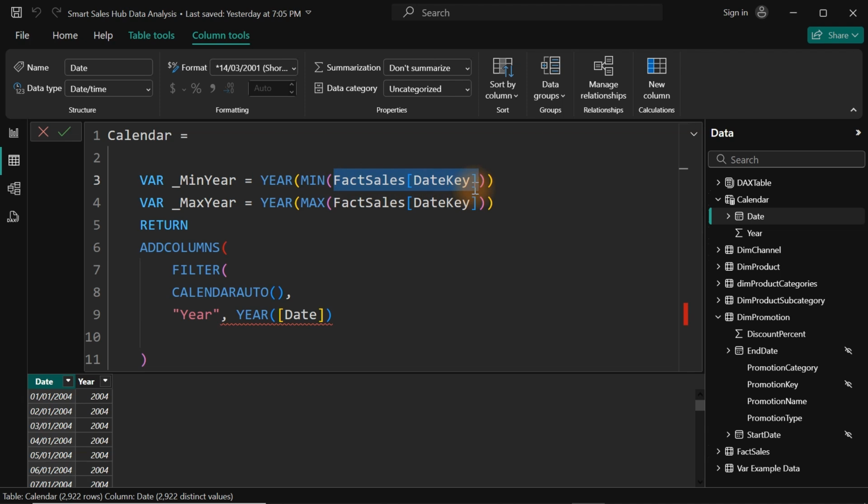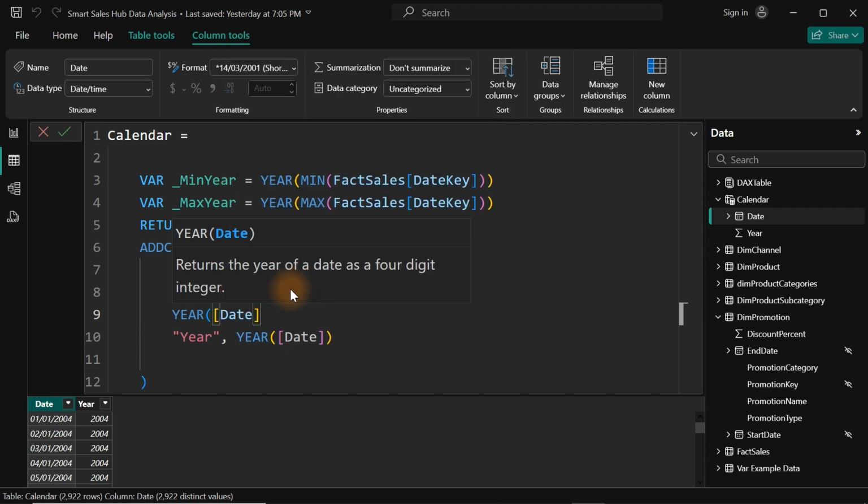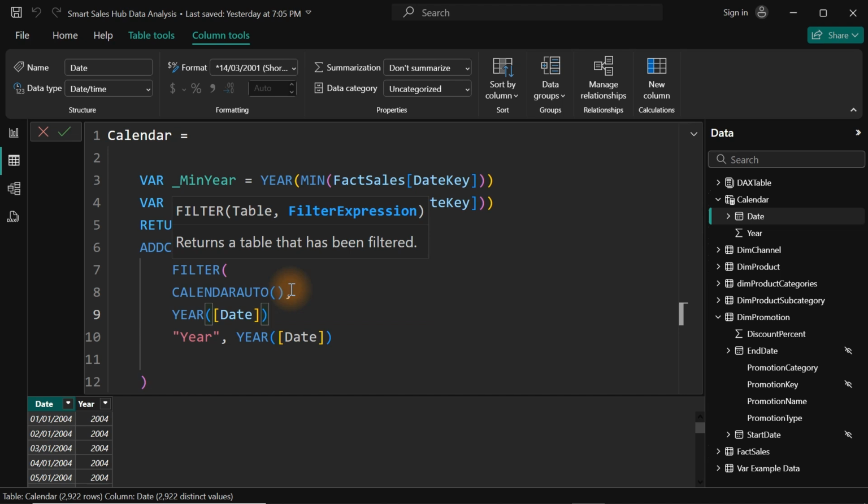So if we have 3 years of data, 2007, 2008, and 2009, 2007 is the minimum, and over here we're using the max function. 2009 is the maximum, and it's going to return them, and we only specify the table we have to return those particular max and min years from. So over here now, as we are filtering, we use the year function here, bring in our date, close it, and ask if this is greater than or equal to min, which is underscore min